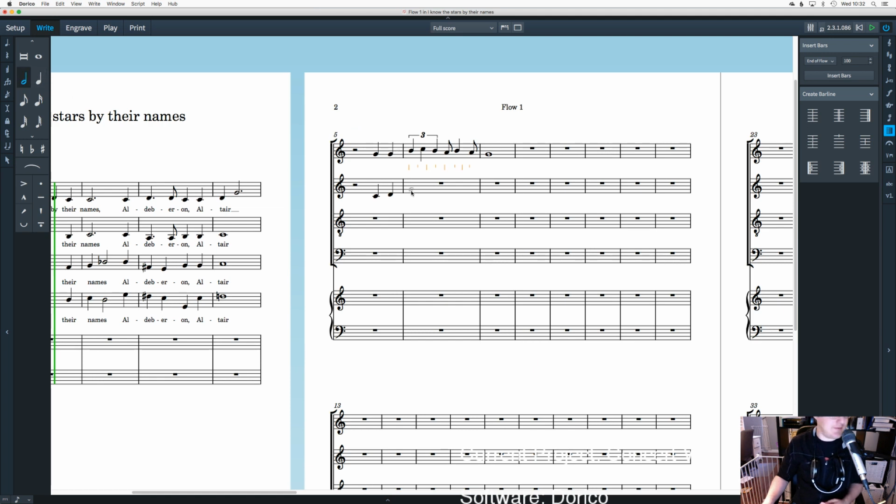So, the caret, the orange line, appears when you are in note input. Okay, that's the caret right there. I'm aware of that part. The part that's hard for me,